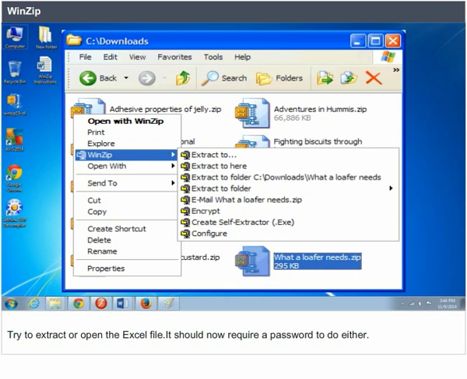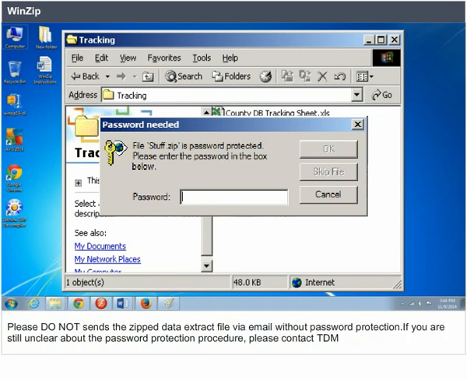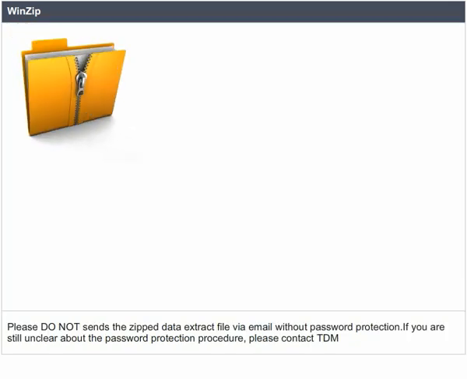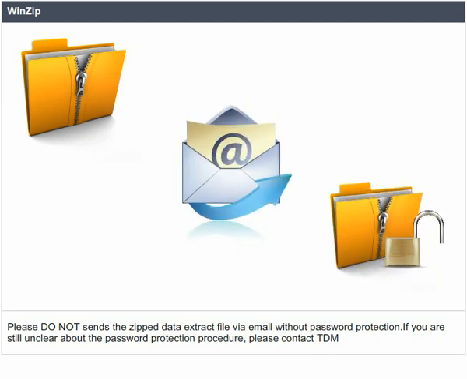Try to extract or open the Excel file. It should now require a password to do either. Please do not send the zipped data extract file via email without password protection. If you are still unclear about the password protection procedure,